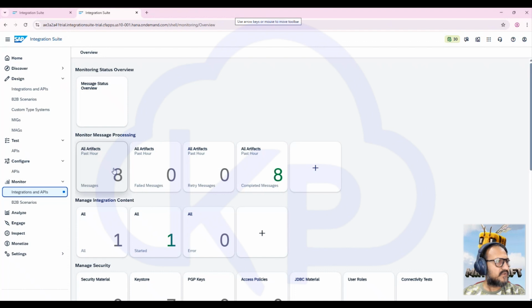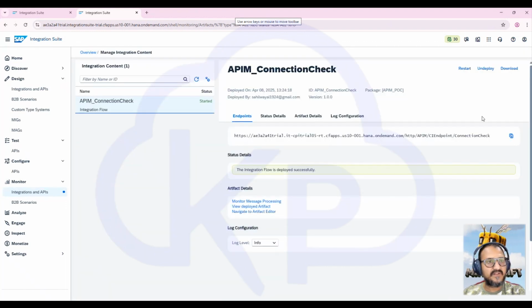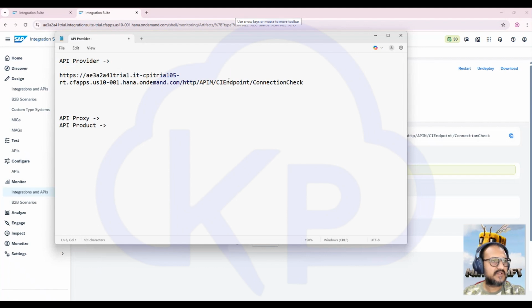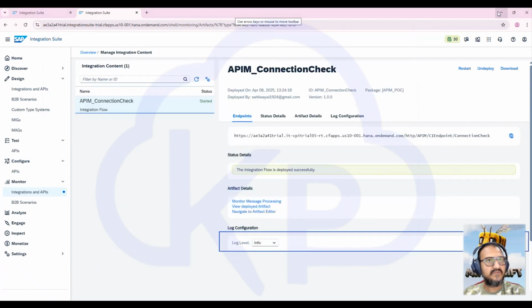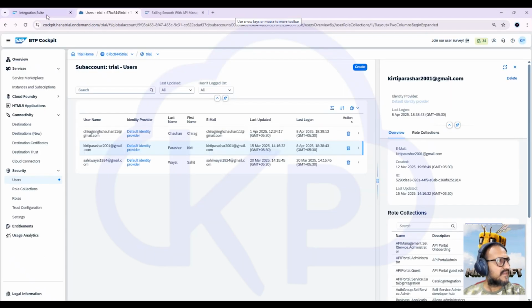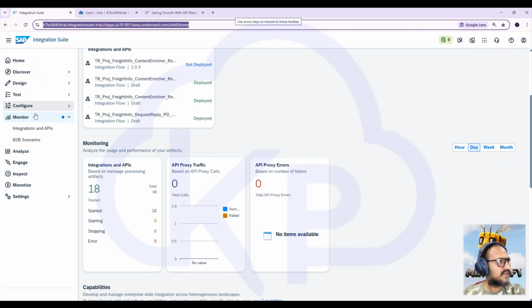So as a first point, we need the endpoint of this particular integration flow. So the concept will remain same. I will just copy this, and we need to first create a provider. For this provider, I would be needing this information. So now I am going to the actual tenant where we are having the APIM related configuration. So we will come here